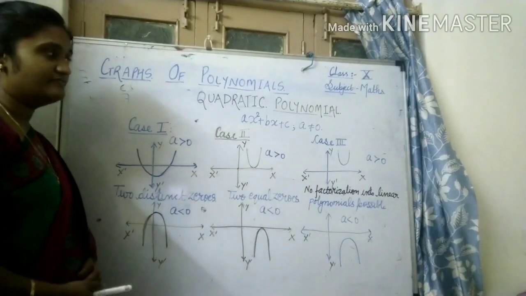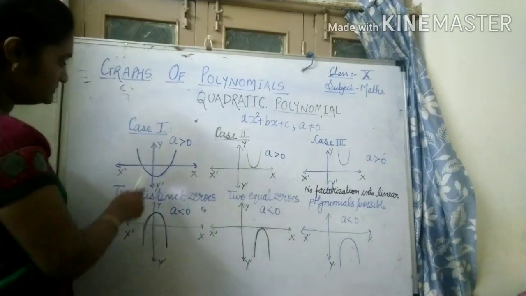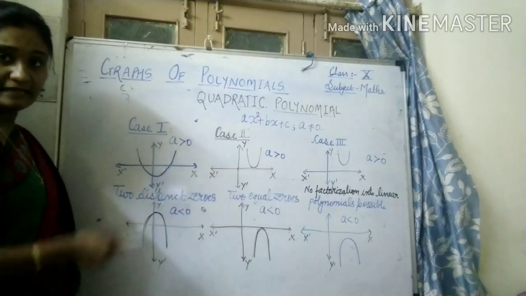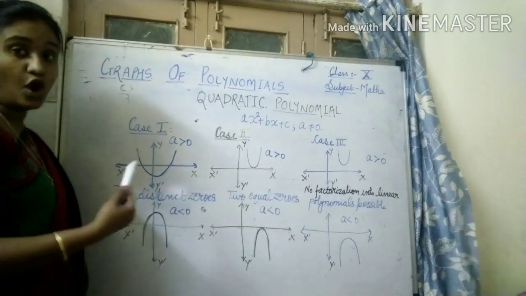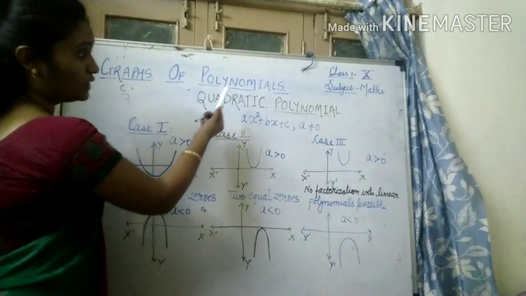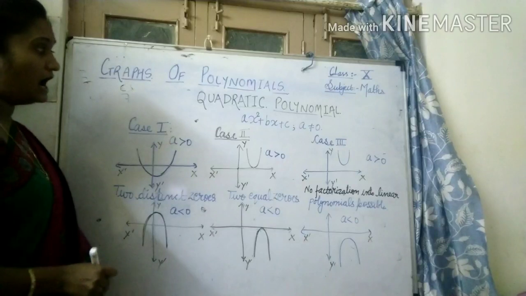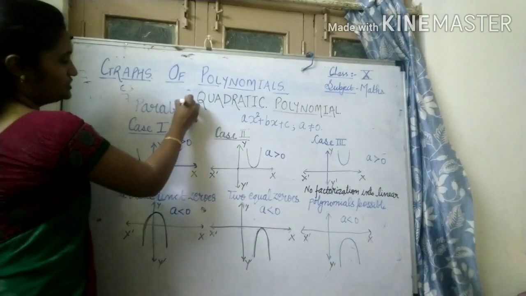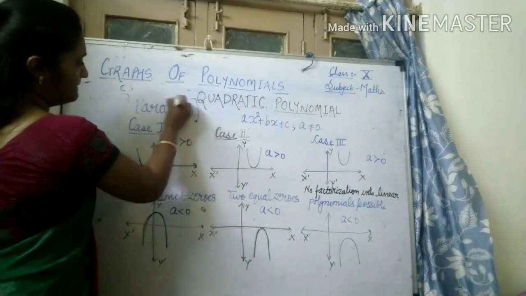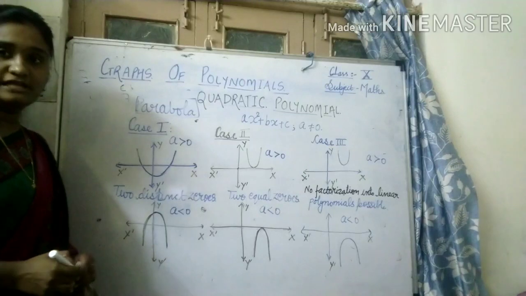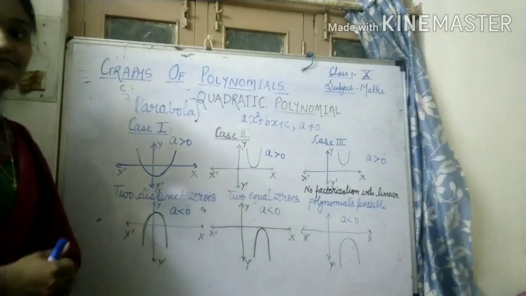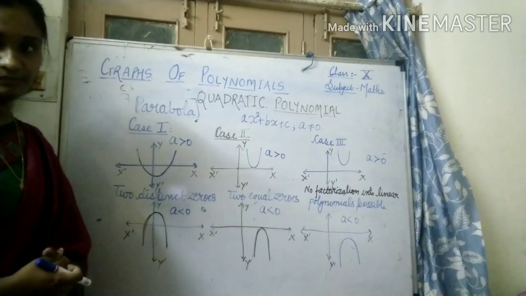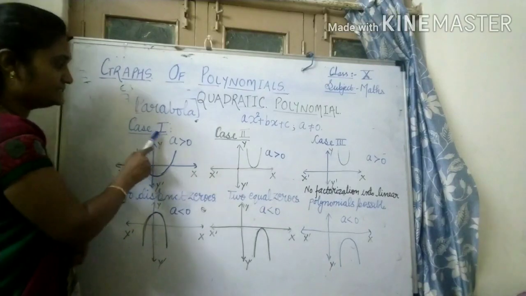Now let's understand, when we talk about a quadratic polynomial, can you see these types of curves which I have drawn? These types of curves, which we obtain when we try to plot a quadratic polynomial on a graph, are known as parabolic curves, or in short we can name them parabola. So let's see what type of parabolas we are going to obtain when we try to draw a quadratic polynomial. Let's start. So case 1.